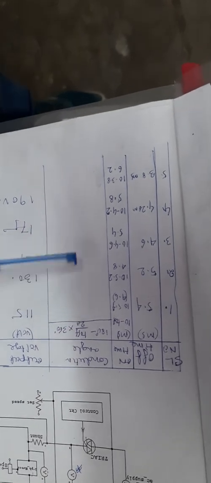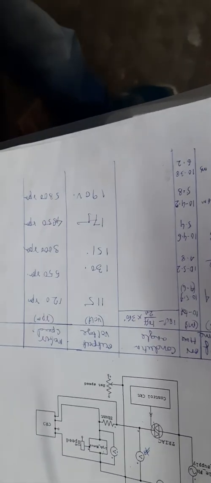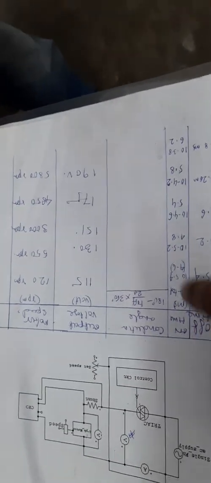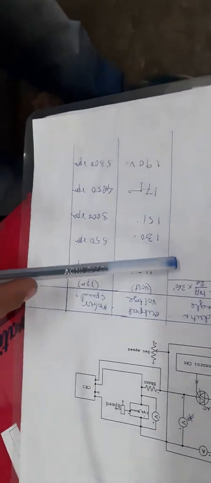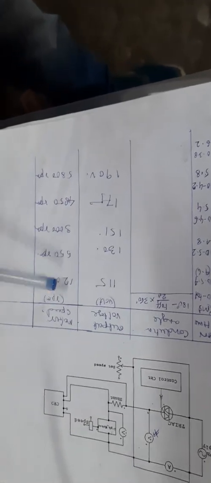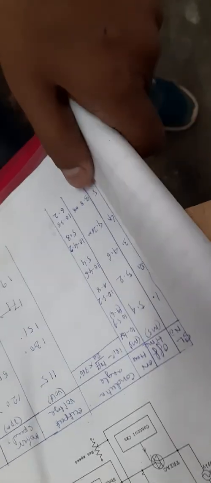Few things are left that we will calculate, but before that we will stop the experiment. First, we will show one specimen calculation for calculating the conduction angle. Then one thing you can see from here, as we are increasing, the T off is decreasing, that means T on is increasing.